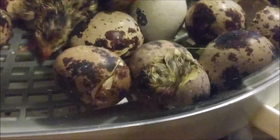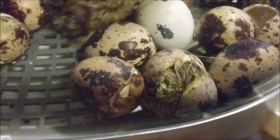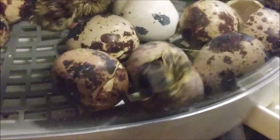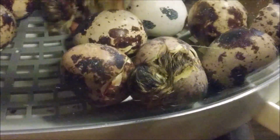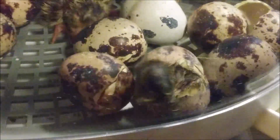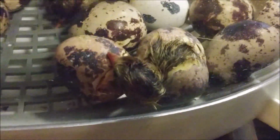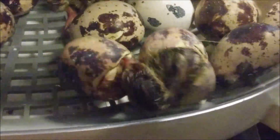So here he's finally starting to get into position where he'll be getting his head out. The other eggs that I've seen of mine on this hatch that started pipping on the wrong end, I know for a fact one of them for sure didn't make it. He had it zipped all the way around, and then for whatever reason he quit and he died. And